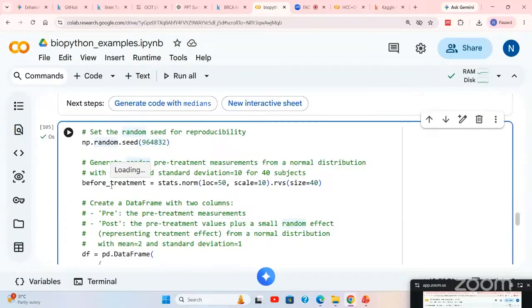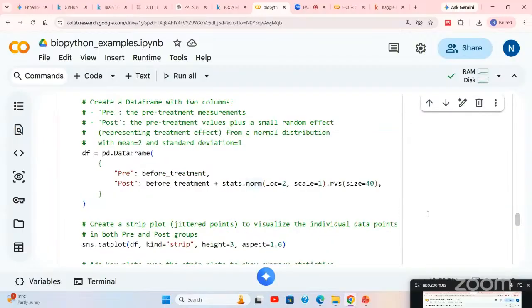For reproducibility, by changing the seed information, we can create random seeds for this data, before the terms of mean and variance. First we will create the data frame with two columns. Pre means the pre-treatment measurement, and post means the pre-treatment value plus a small random effect from the treatment. With mean equal to 2 and standard deviation equal to 1, we will write the function